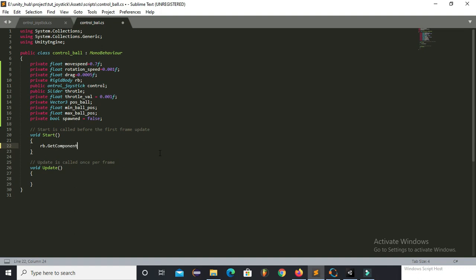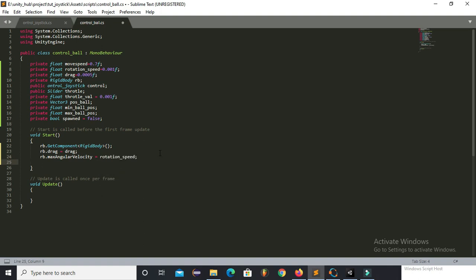So now we will initialize get component rigid body, and this dot drag will assign the value of the drag to the sphere, and this max angular velocity will change the angular velocity of the sphere.